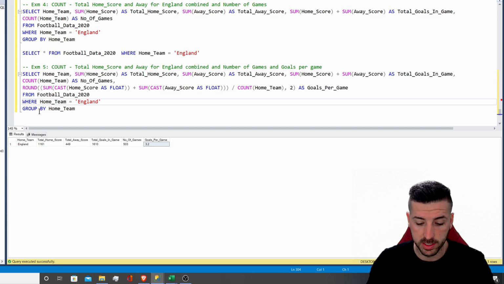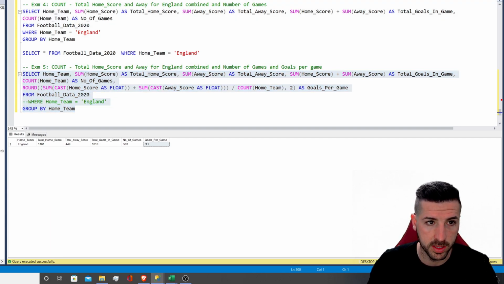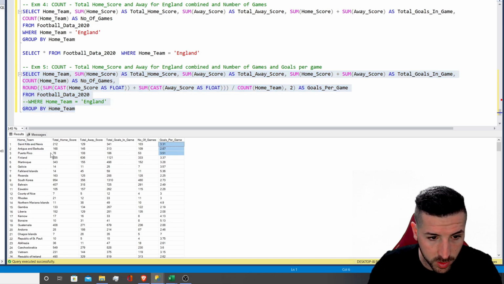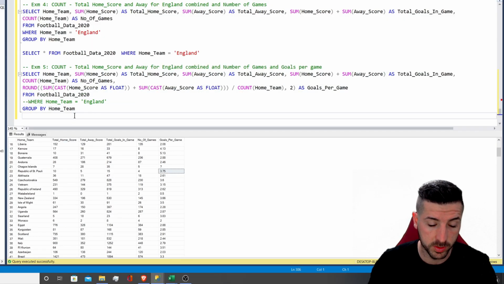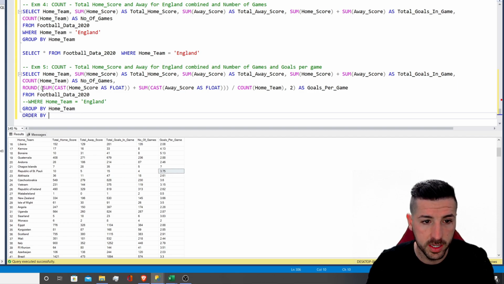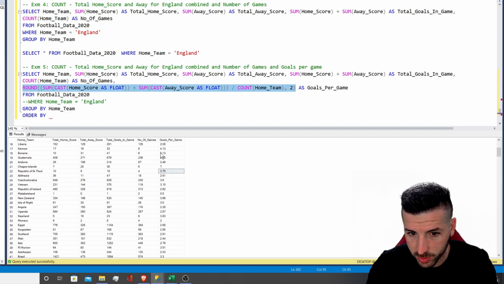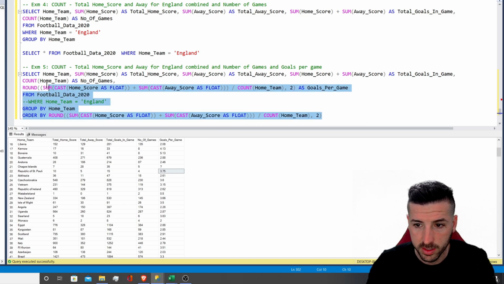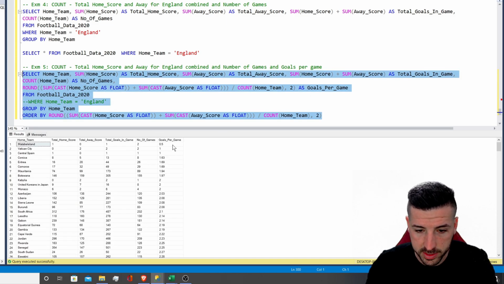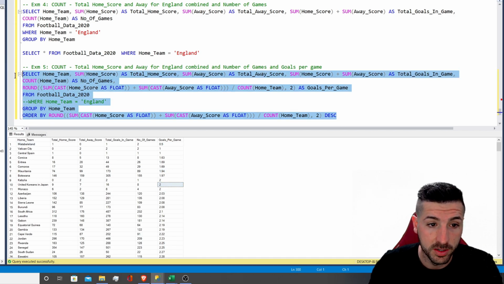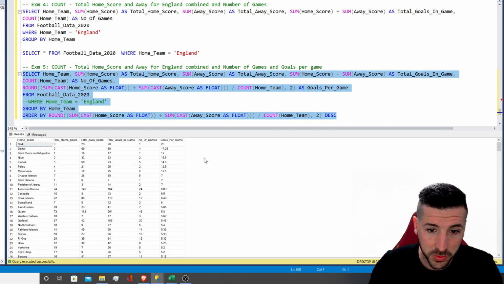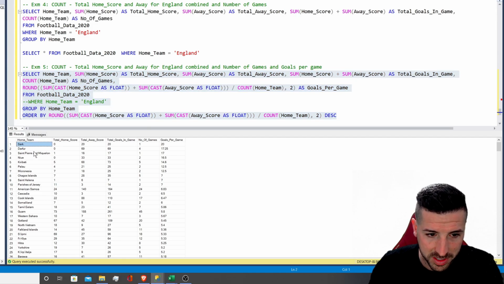If we remove England, let's see, we remove this and we run this, we can see for all countries how many goals they have on average per game. And if we want to order these, we can actually do order by, and then we're going to need all this calculation because this is the number we are ordering by. And then if we run this, it starts from the smallest, and if we do this, which stands for descending, if we run this now, we can see that on average, the highest scoring country per game is these countries over here,